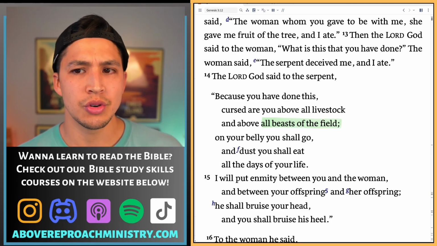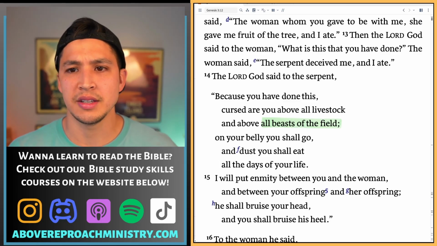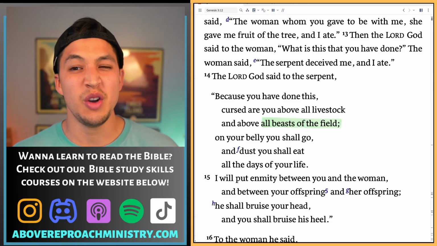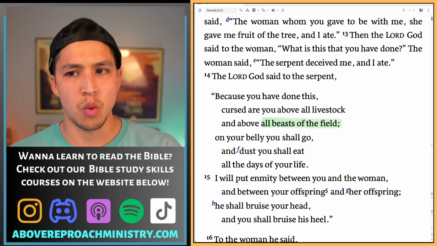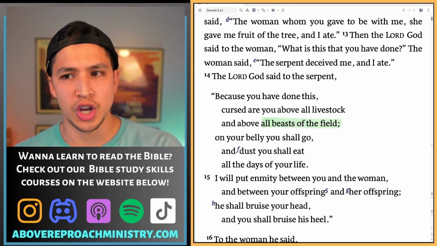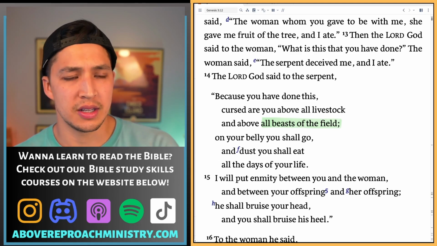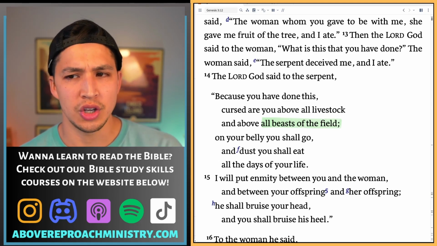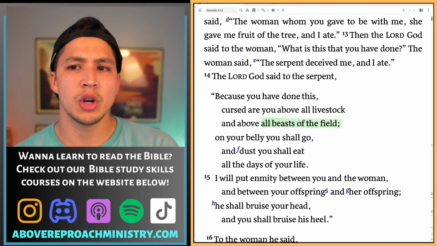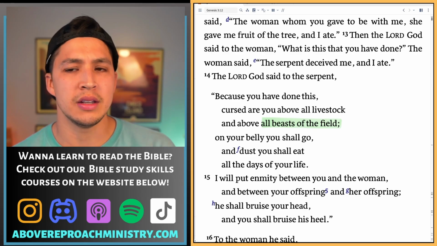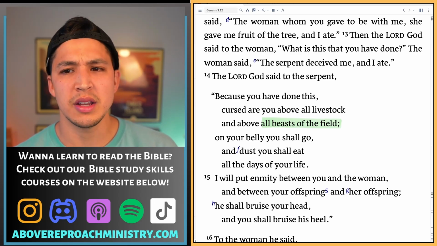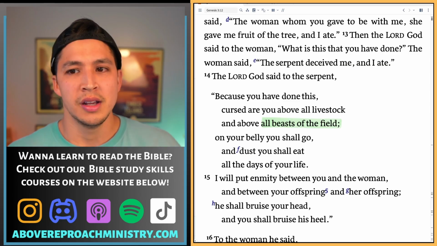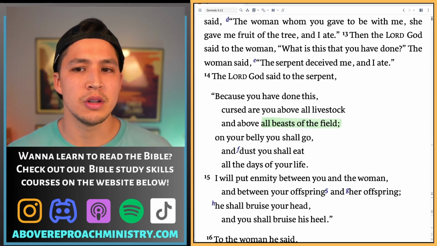The serpent is introduced as the most cunning of all beasts, as if to be above all the others, but now he's cursed to be the lowest. So what might be the significance of this change in status? Why is the serpent's punishment to crawl and eat dust if that's what serpents already do? What does this demotion emphasize about the serpent's new status?